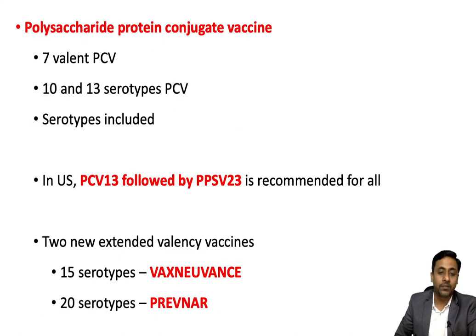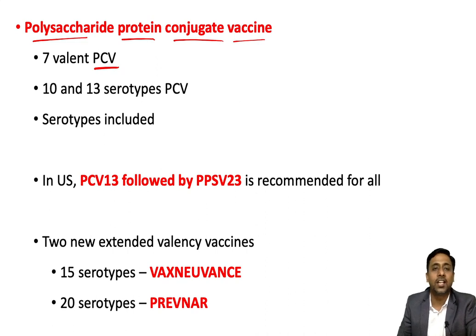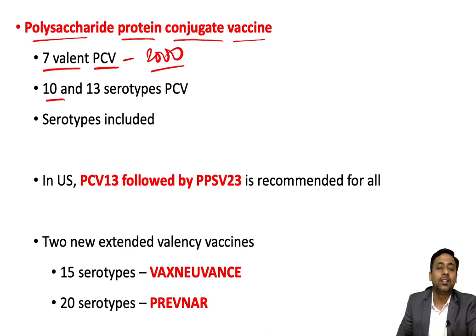So what is used for children below 2 years in vaccination in India is the polysaccharide protein conjugate vaccine, also known as PCV, pneumococcal conjugate vaccine. Initially a 7-valent PCV was introduced in around 2000, and then later on 10 and 13 serotypes PCV were introduced, and these serotypes include the strains which cause invasive pneumococcal disease and